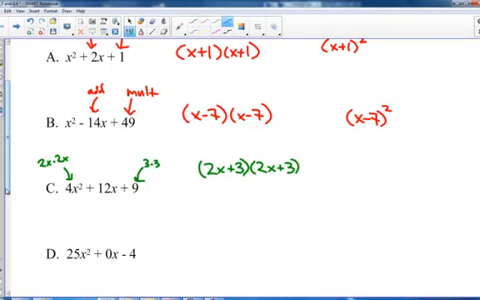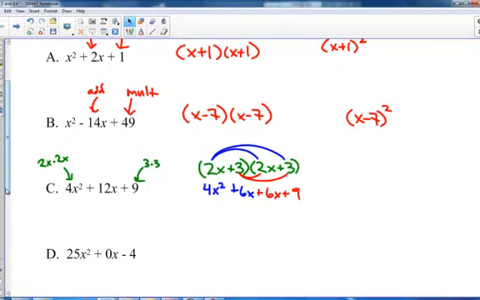Now, if you FOIL that out, you're going to notice that you get 4x squared plus 6x